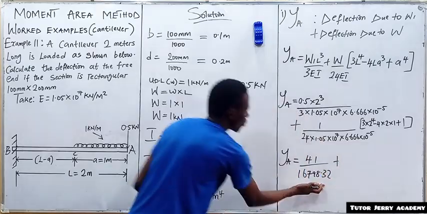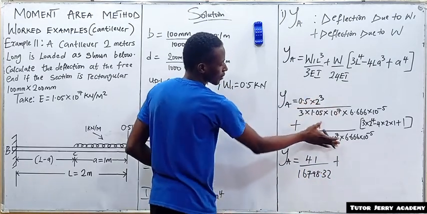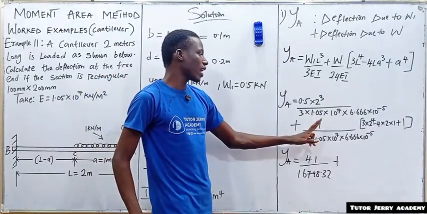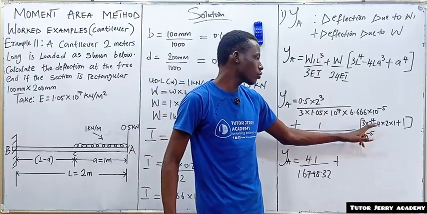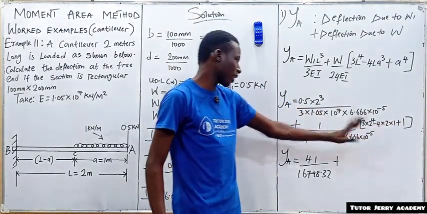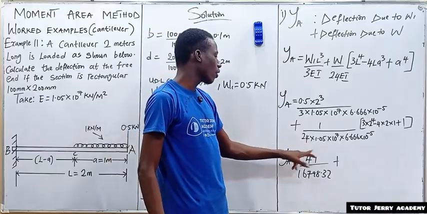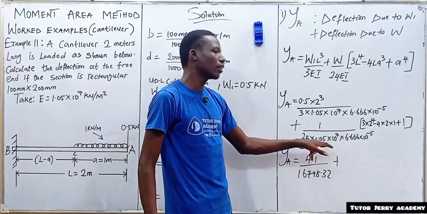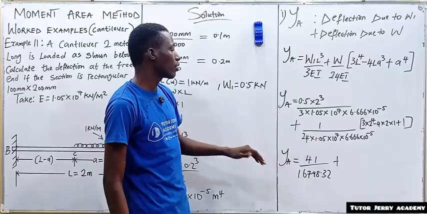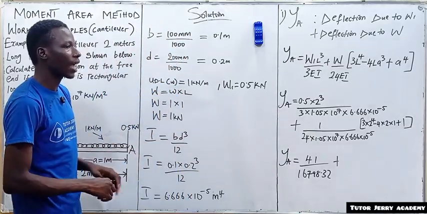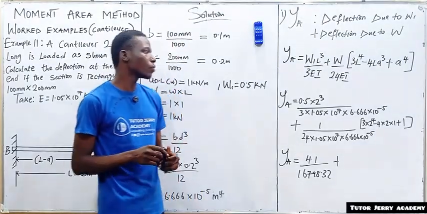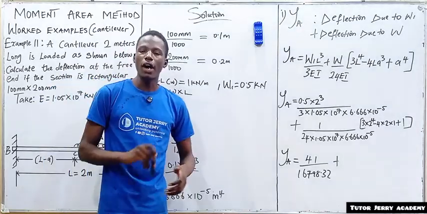16798.32. What we have just done is for this. All right, so now let's simplify this. Now 1 multiplied by the bracket of 3 times 2 to the power of 4 minus 4 times 2 times 1 plus 1, close bracket, all over 24 times 1.05 times 10 to the power of 7 times 6.666 times 10 to the power of minus 5. This will be nothing but 4 all over